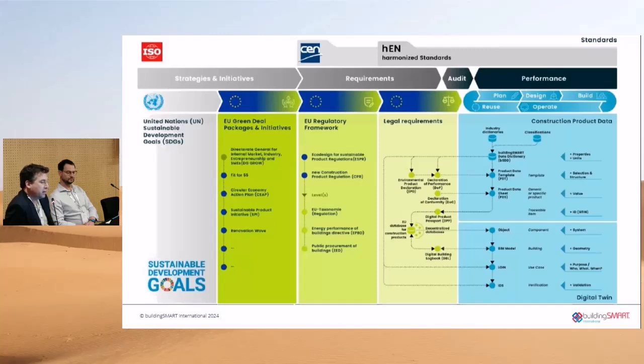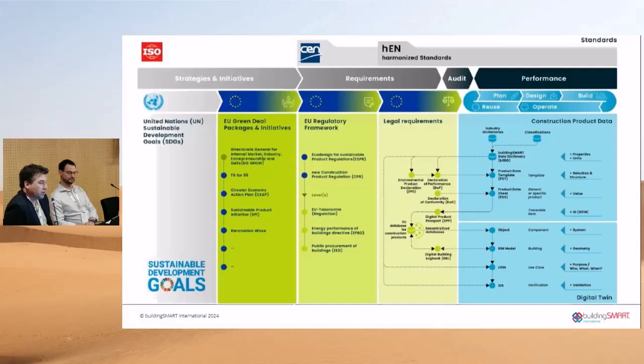And on the blue side, that's what we could imagine how the information could be aggregated. So as I explained before, we extract properties from standards, we create templates, we enter the values, we add a unique ID, could be a GTIN from GS1, and then somehow we will have a digital product passport with no destination yet.